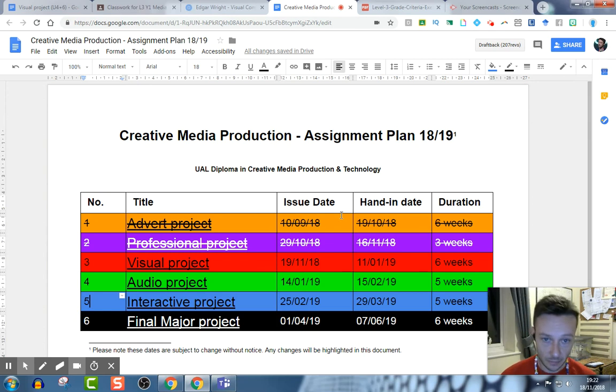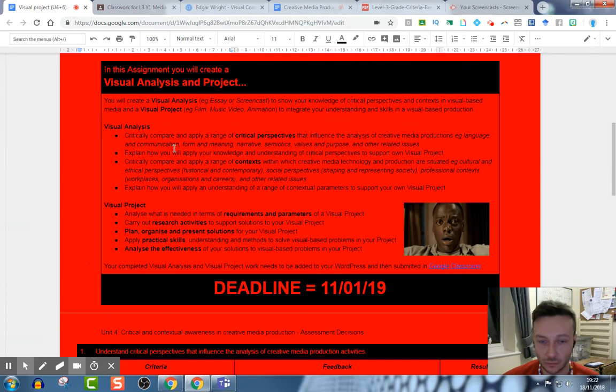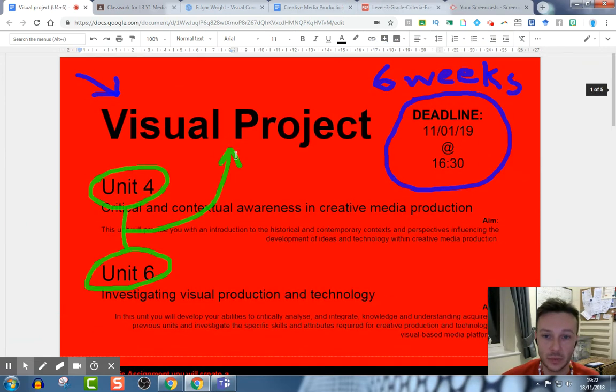Here we are so far. You can see we are approaching the halfway point, incredibly, of the course. So when you hand this work in January, we'll be about halfway through the course. And then we're going to move on to audio, interactive, and then the final project itself, FMP, final major project. Let's get back to this though. The visual project